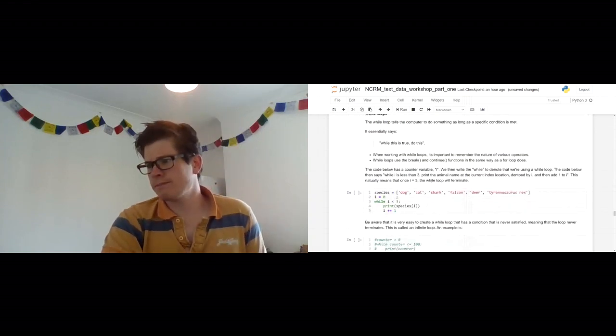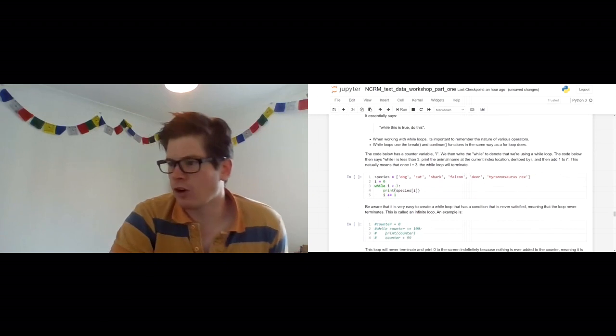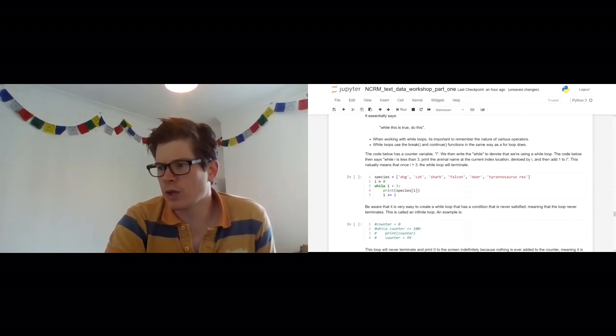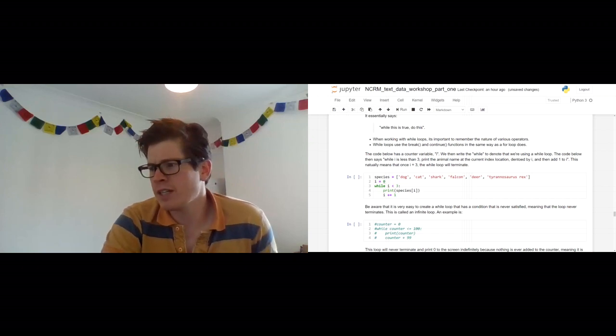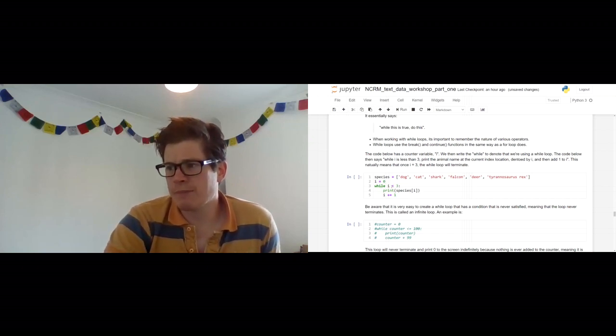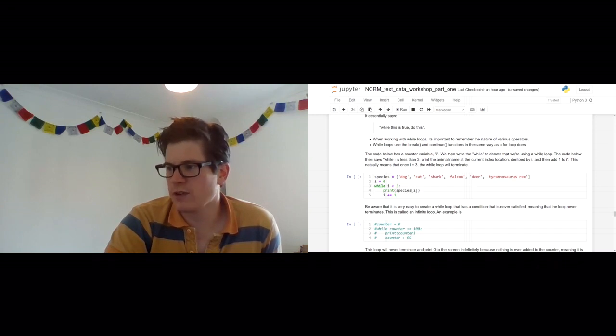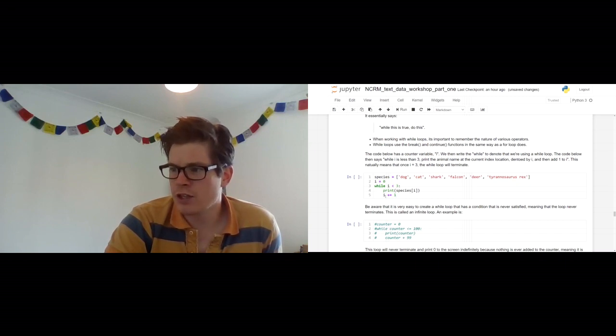So as an example, here we've got our list of species again, and we've got a new variable called i, which we set to 0. And we say, using a comparison operator, while i is less than 3, print out the element in the species list at location i, because obviously i here is an integer variable, and then add 1 to i. So if we were to run that,